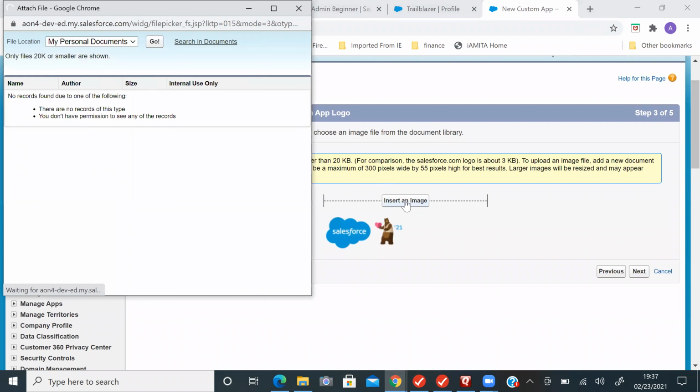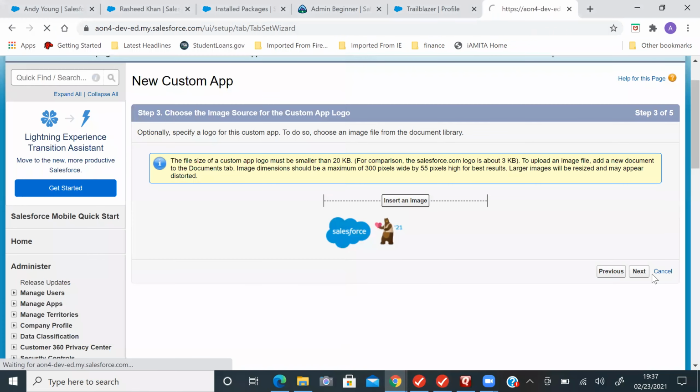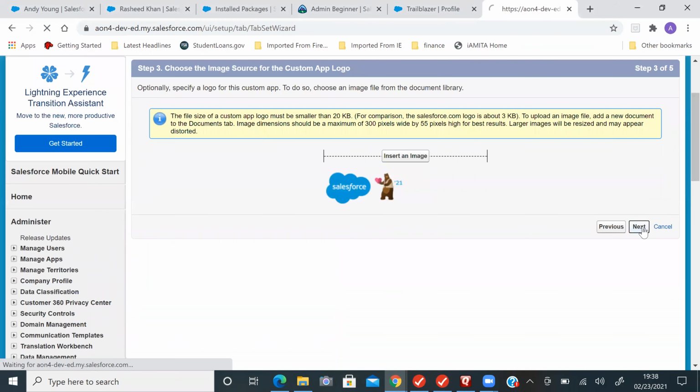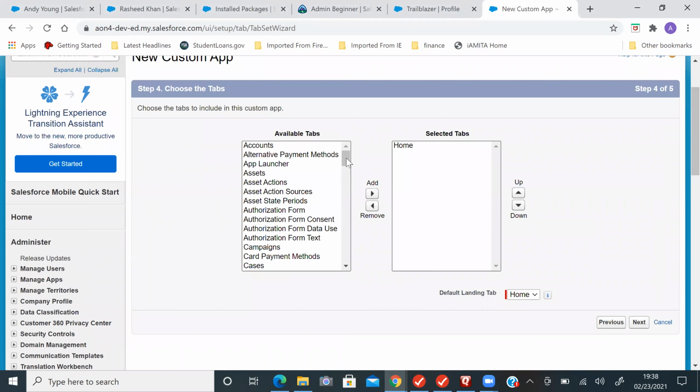But we don't have any image here, so we will be creating one image and uploading it here. So just click on Next. After that, we will do that.